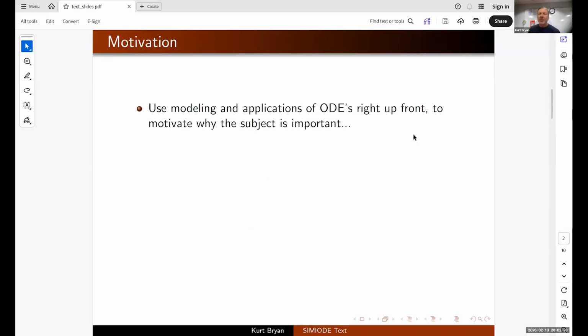A little bit of background. In 2019, Brian Winkle approached me, and he wanted me to write a book for SIMIODE to illustrate how you could teach ODEs with modeling and applications right up front as the motivation before you start doing any theory. This was because we had spent 2 years together at Rose-Hulman, and he sort of turned me on to this approach for teaching ODEs, and I embraced it for 30 years, and I really liked it, so I said yes. So it was a nice, good COVID project.